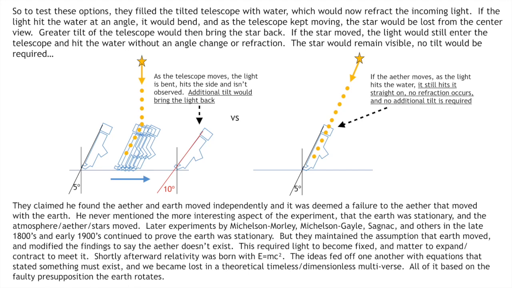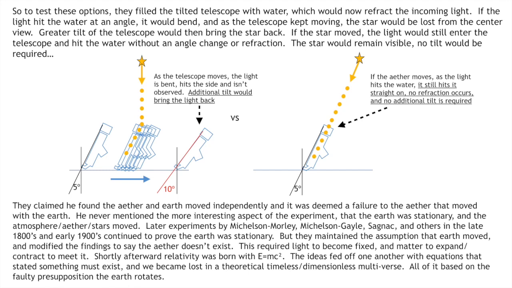So it was deemed a failure to detect ether within the moving Earth as dependent and moving with the Earth. He never mentioned the more interesting aspect of this experiment, though, that the Earth was stationary and that the atmosphere and ether moved. Later experiments by Michelson Morley, Michelson Gale, Sagnac, and others in the late 1800s and early 1900s